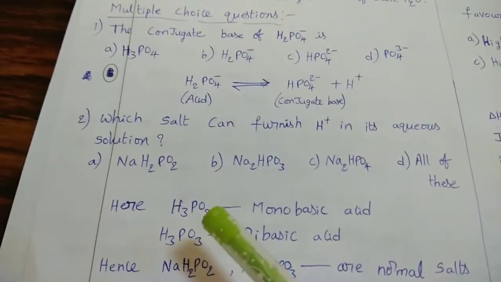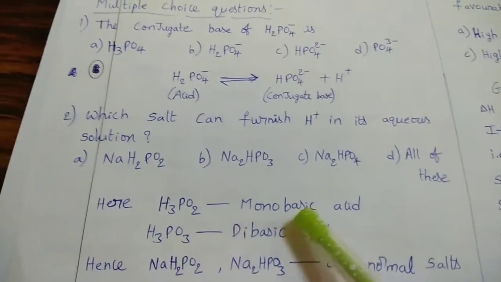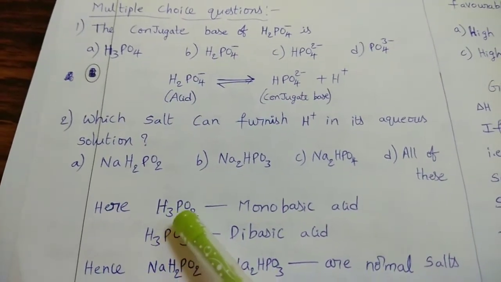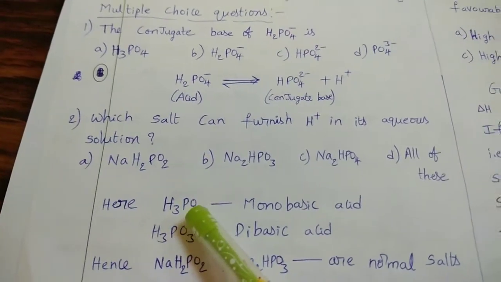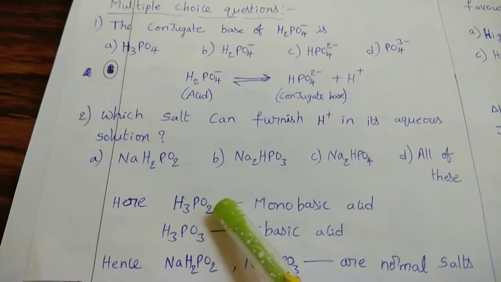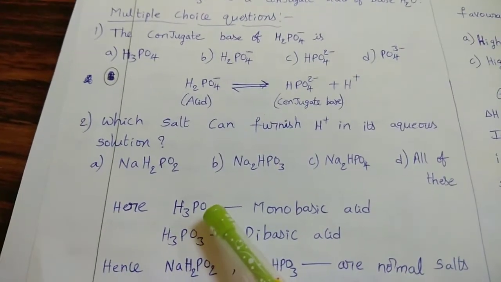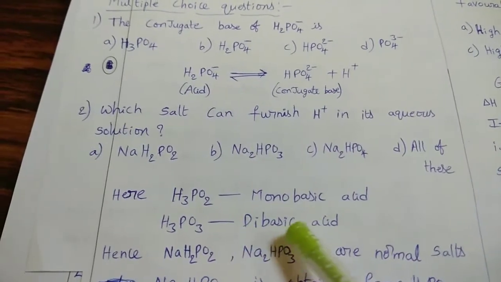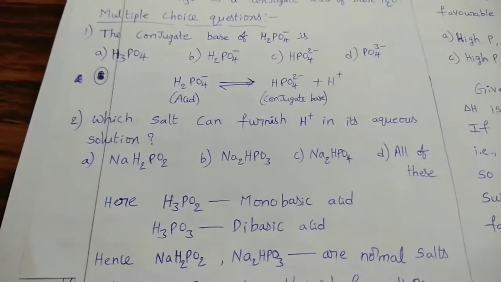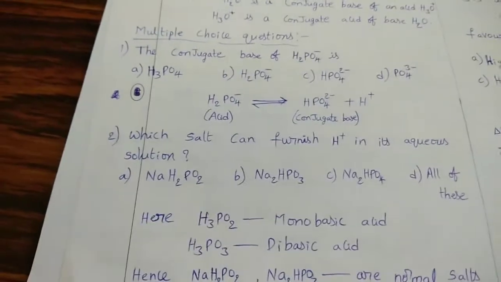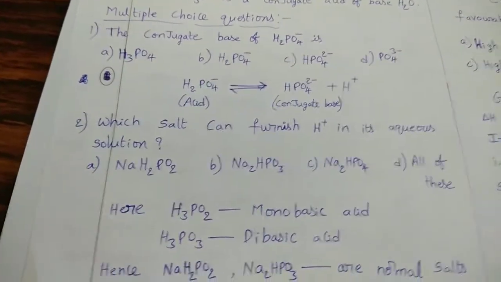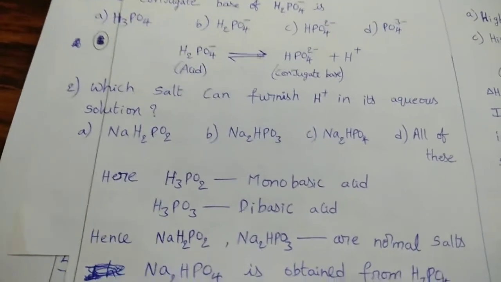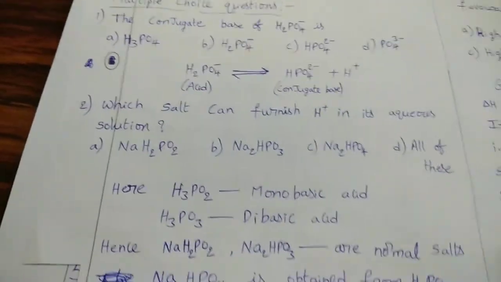See the explanation. Here H3PO2 is a monobasic acid. Though it has 3 hydrogen atoms, it can donate only one H plus because only one hydrogen is attached to oxygen. That's why it can donate only one H plus, so it is a monobasic acid. H3PO3, phosphorus acid, is a dibasic acid. In this compound also 3 hydrogen atoms are there, but it can donate only 2 hydrogens. That's why it is a dibasic acid. Hence